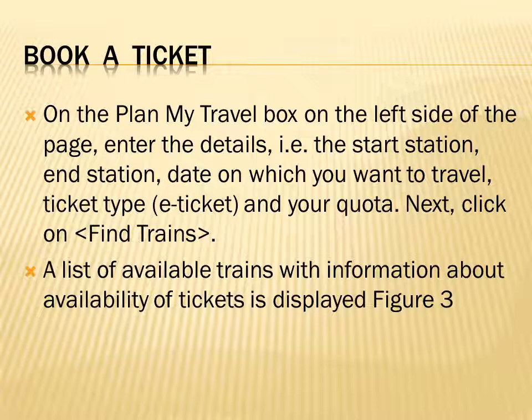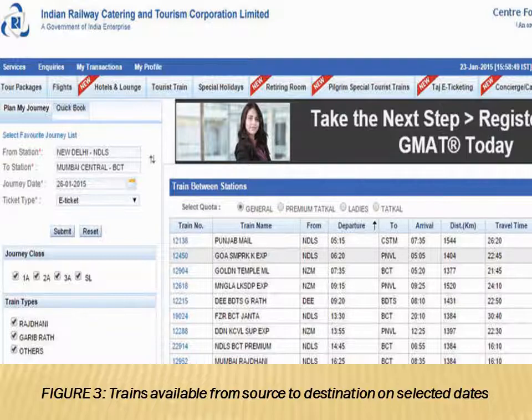As soon as we log in to our account, this kind of page is displayed for planning our travel. Here you can see the from station, from which station you want to go. I have mentioned here New Delhi, the station code is NDLS. Then to where I have to go, Mumbai Central, that's MMCT. On which date, suppose this date I want to travel, and the ticket type I have selected is e-ticket, and as soon as I press the submit button, you get the right hand side